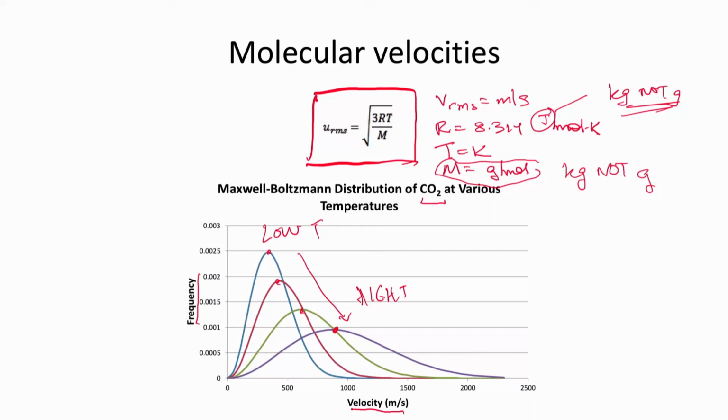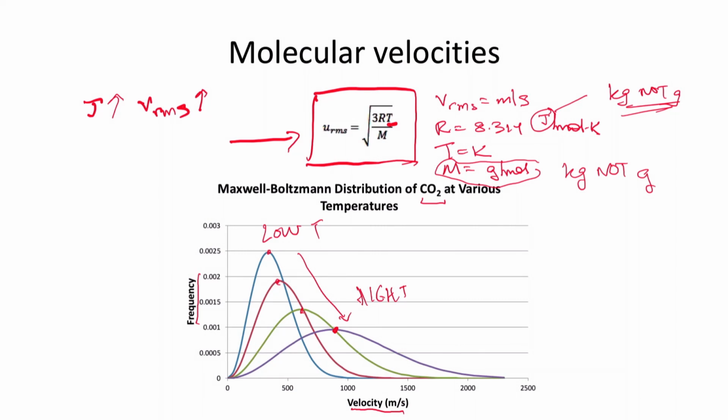This formula also allows me to predict what the relationship is between temperatures and molar masses and velocities. Generally speaking, as temperature increases, the root mean square velocity also increases, because you can see that the temperature is in the numerator. It's directly proportional to the square root of the temperature, though. So if I want the thing to go twice as fast, I have to increase the temperature by a factor